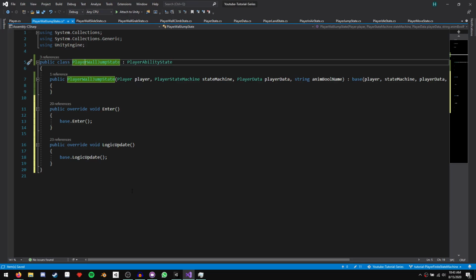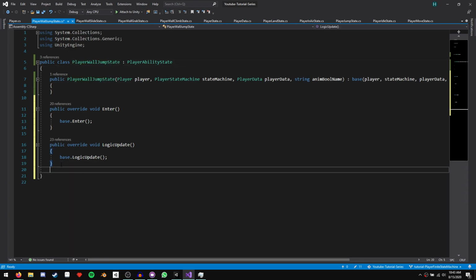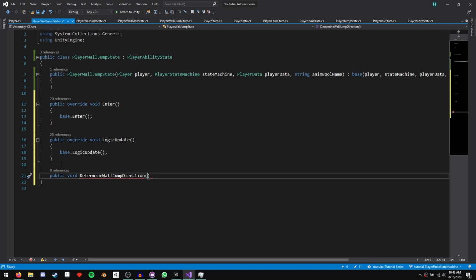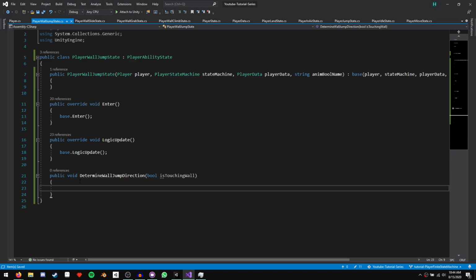So let's go back to our script and let's create a new function over here that is going to be public void, and we'll just call it DetermineWallJumpDirection. And this function is going to take an input of type Boolean, and we'll just call it isTouchingWall. So now inside this function, we're just going to set our wall jump direction.